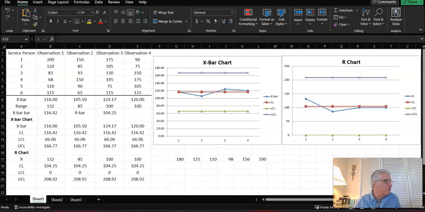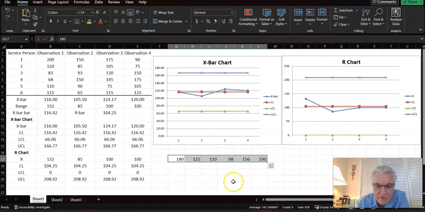It says, after the control chart was established, a sample of 6 service personnel was observed, and the following customer service times in seconds were recorded: 180, 125, 110, 98, 156, and 190. So I already put these down here just for calculation purposes. What would the X bar look like for a data sample set that looks like this? And if you do the average of this, you get